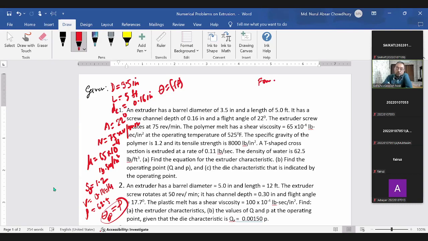ফর্মুলাটা কি ব্যবহার করবো আমরা, তোমাদের মনে আছে কিন্তু জানি না। এটা হলো আমার Q ম্যাক্সিমাম, এটা হলো P ম্যাক্সিমাম। তাহলে এই দুই পয়েন্ট দিয়ে পাসিং থ্রু ইকুয়েশনটা কি বলবো আমরা? পারবা? দ্যাট ইজ দিস ইকুয়েশন, y ইজ ইকুয়াল টু mx প্লাস c, তাই না? y ইজ ইকুয়াল টু mx প্লাস c, এটা হলো ফর্মুলা।